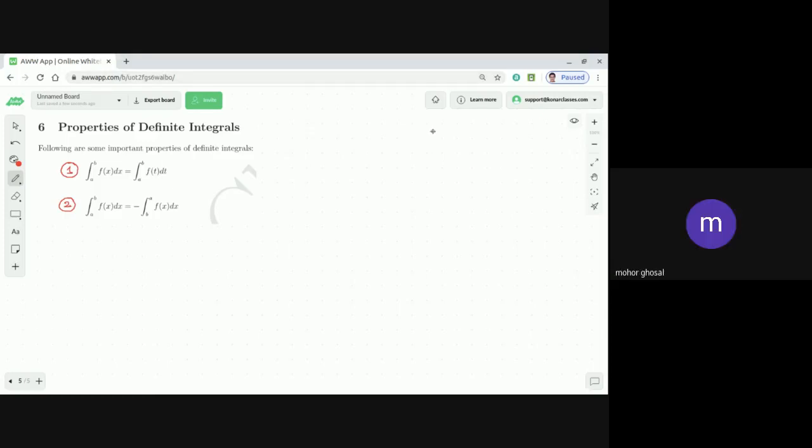Think about how. Suppose you get an integration, you know that integration f(x) dx is equal to g(x) plus c. That's indefinite integration. So from here, what can we say? Integration a to b f(x) dx should be g(b) minus g(a), right? But now, if we say integration b to a f(x) dx, that is g(a) minus g(b).